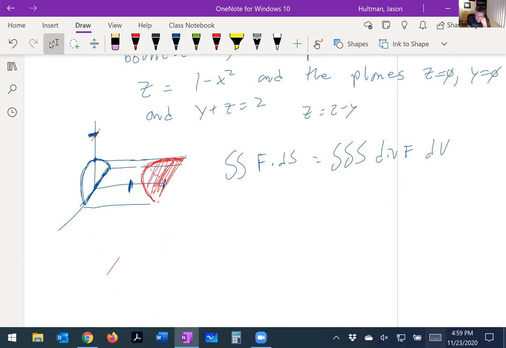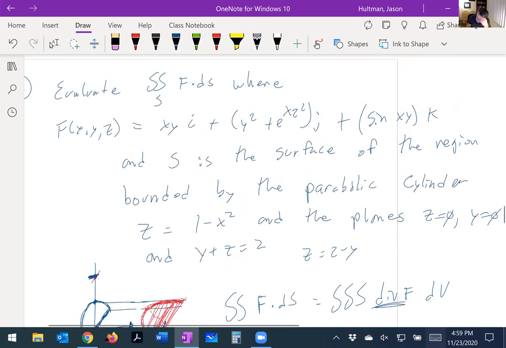So what is dV? What's the divergence of F? Well, the divergence of F is going to be